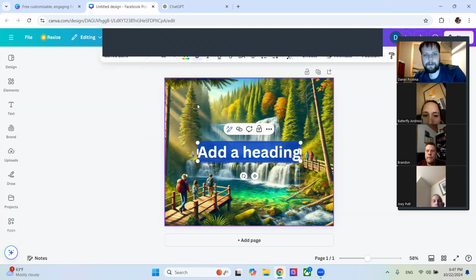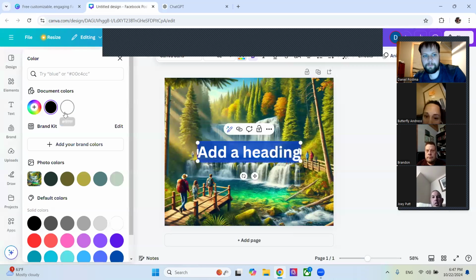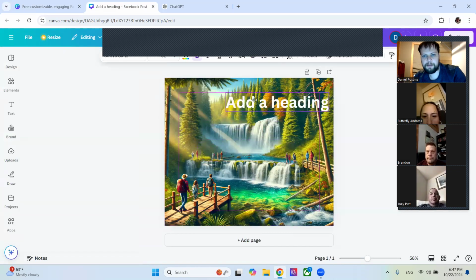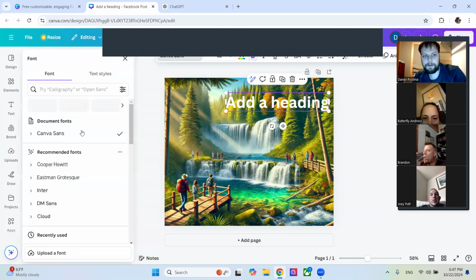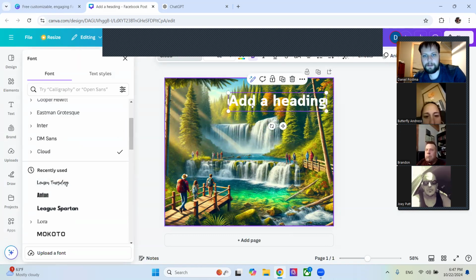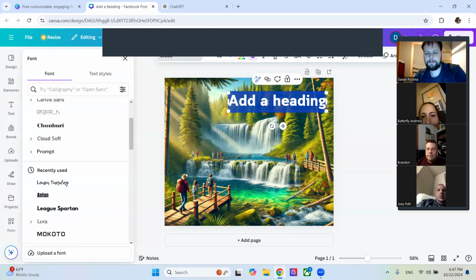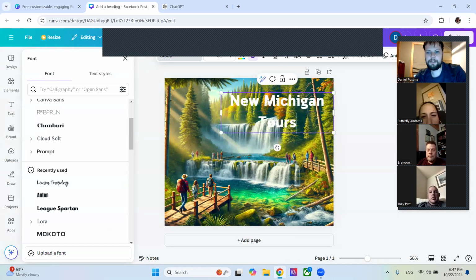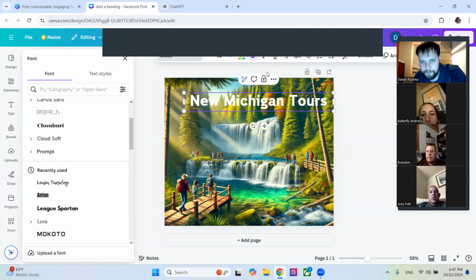So then you've got something like this. Then you want to pick a font color that stands out with whatever image you've got, and a cool font as well. Something like New Michigan Tours. And then if you still can't read it, then you can also